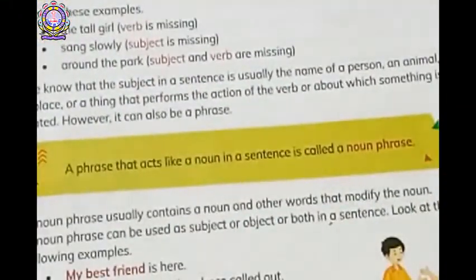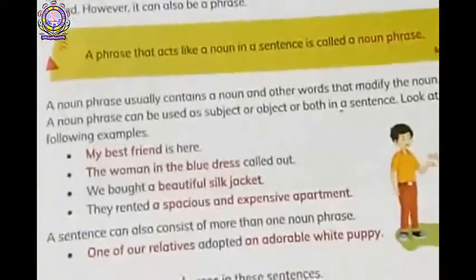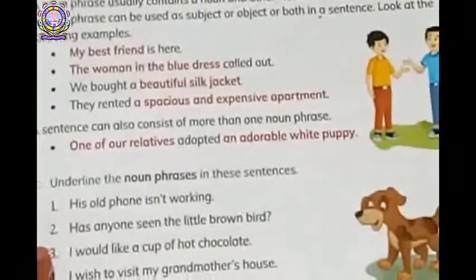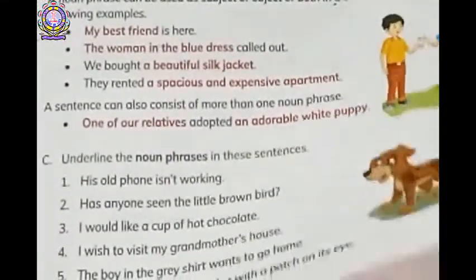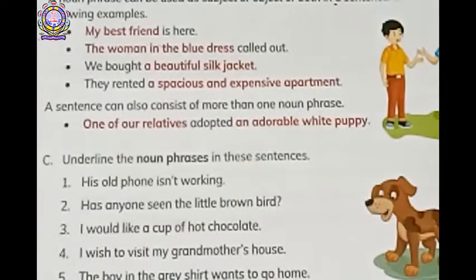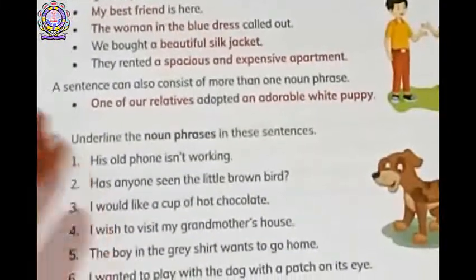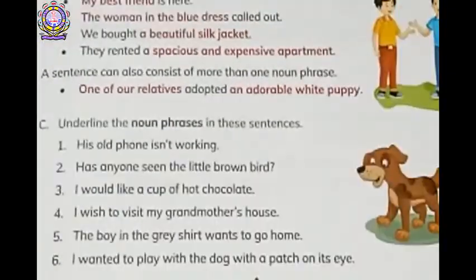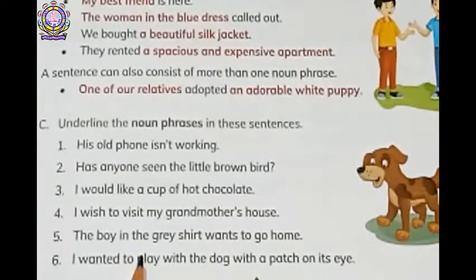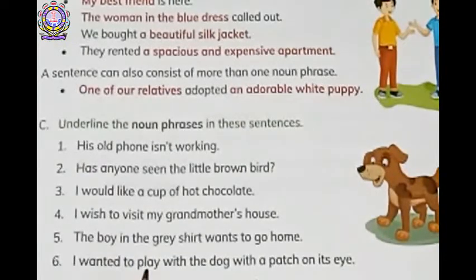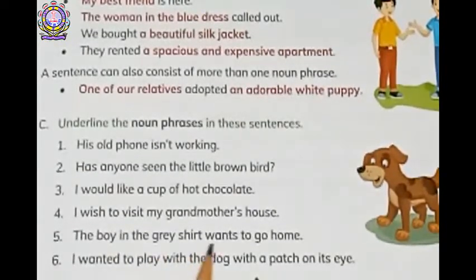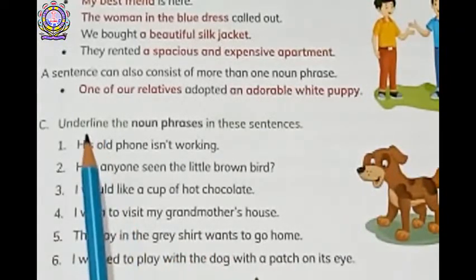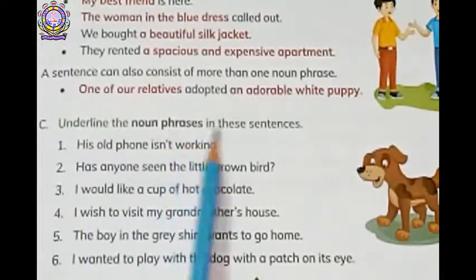Okay students, now we will complete our exercise C. I gave you this in homework. Do you remember? I think you complete it. If there is any mistake, just rectify it. See here. Now students, if you don't have book, I can understand, so you can copy this in your grammar copy and take a picture and send me on my personal WhatsApp number, not in group. Okay, so students, underline the noun phrases in these sentences.